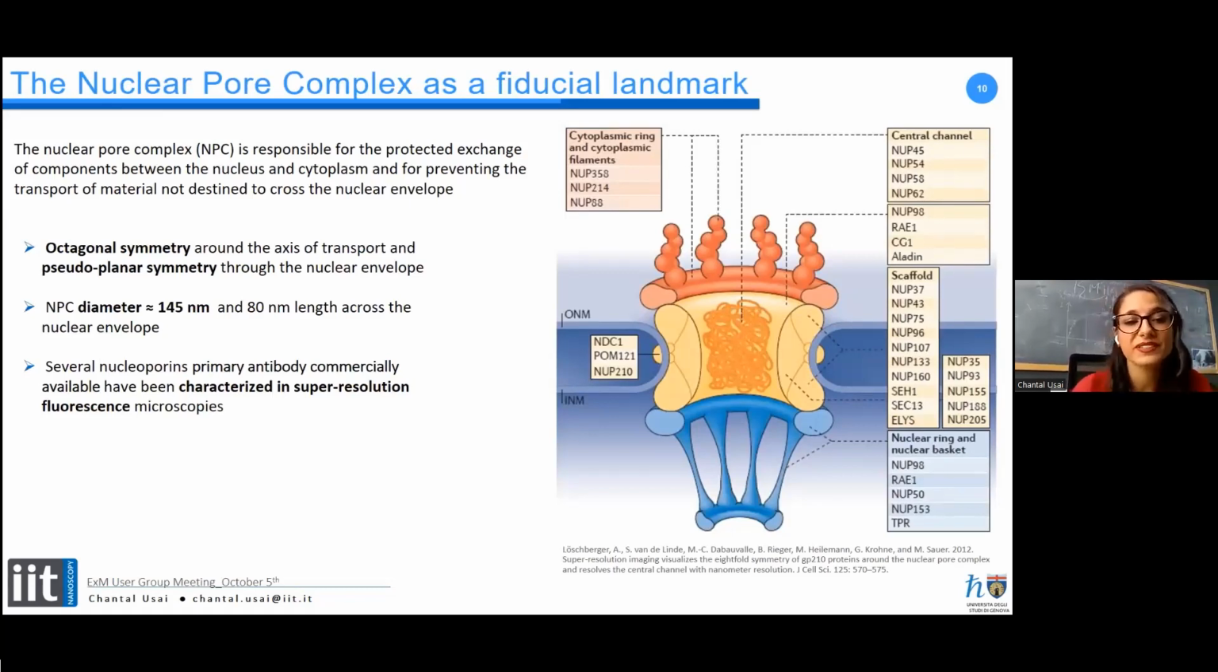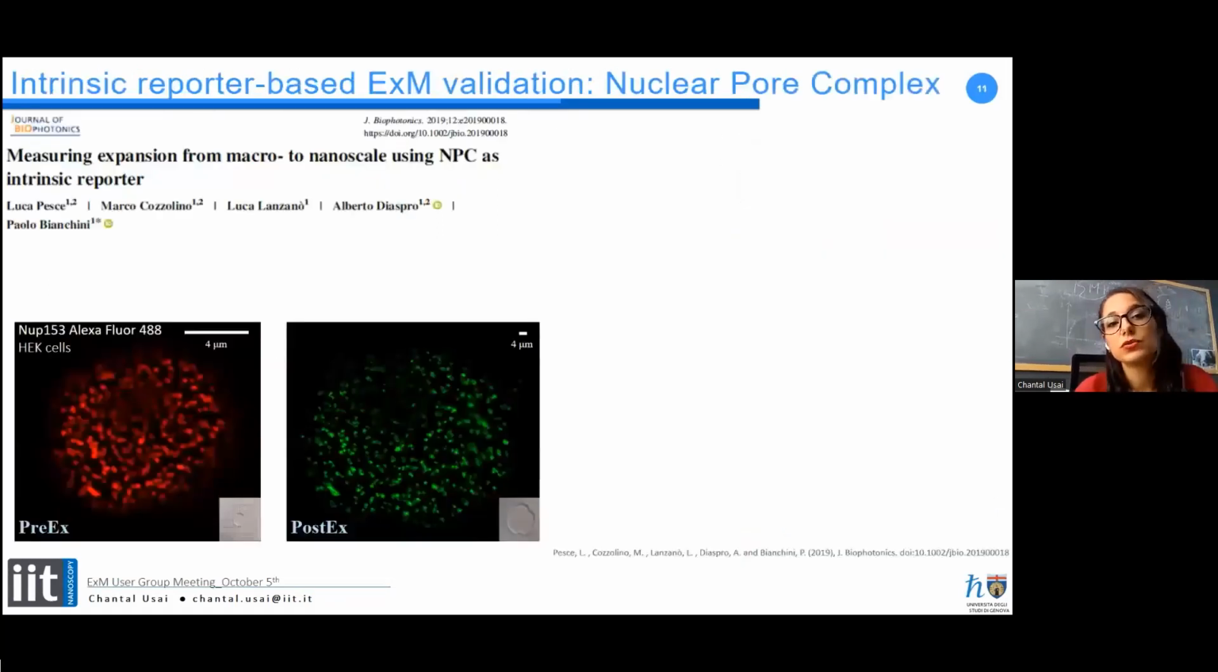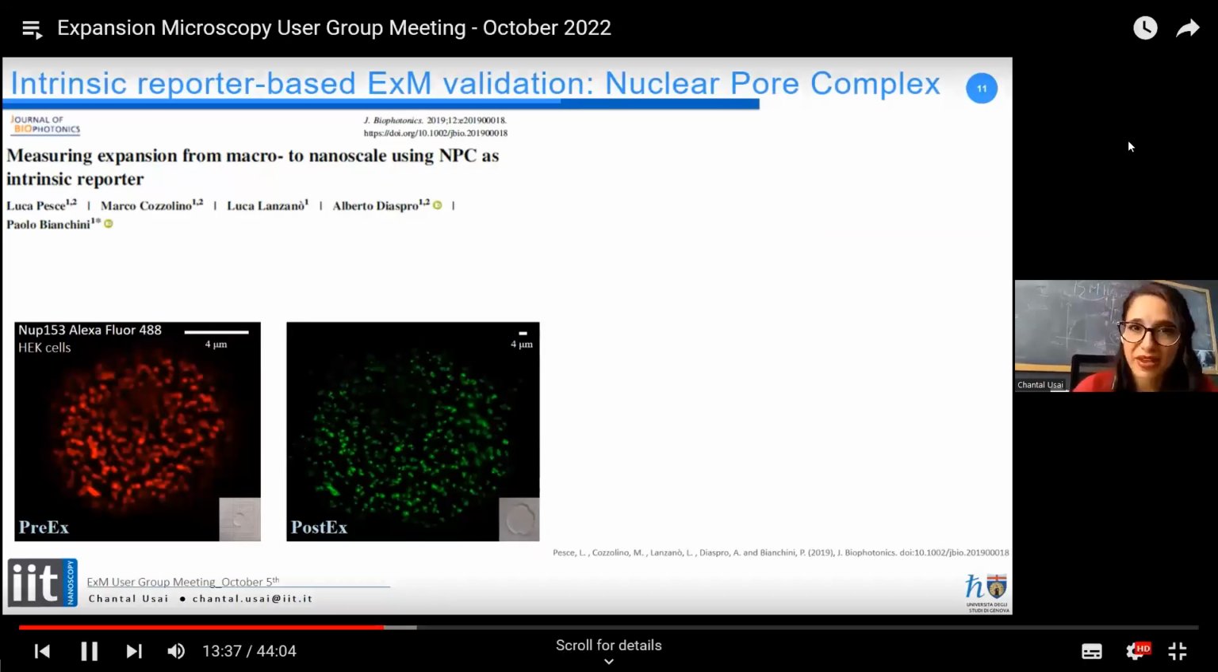and several of the nucleoporins that compose this structure have been characterized in super resolution microscopy, and the primary antibodies to target these nucleoporins are commercially available. So in our lab, we decided to use as a reference structure the nucleoporin 153, using a primary antibody produced by Abcam. So to validate this method for the first time,